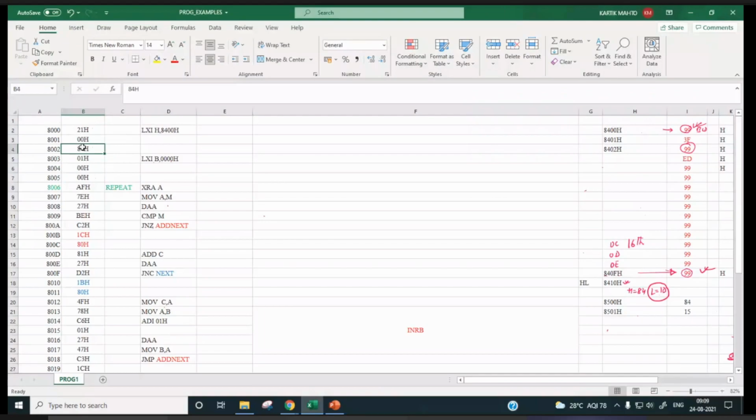I asked you to just tell me the codes, and then I wrote over here. Then LXI B, 0000, right? Then XRA is over here.